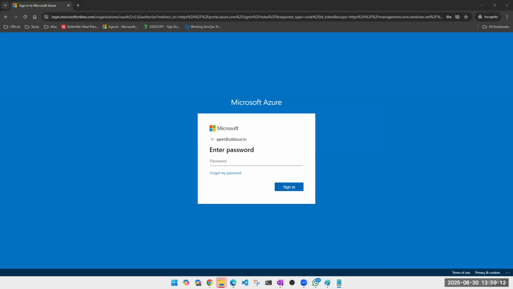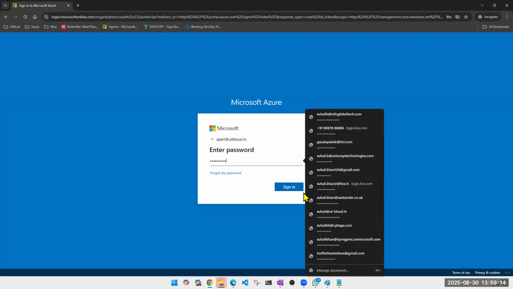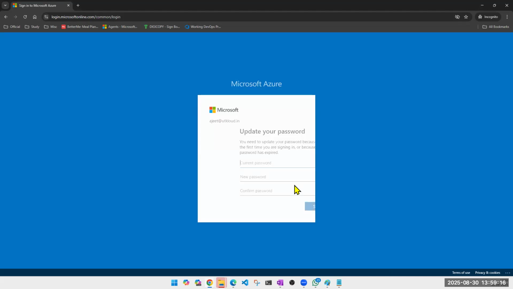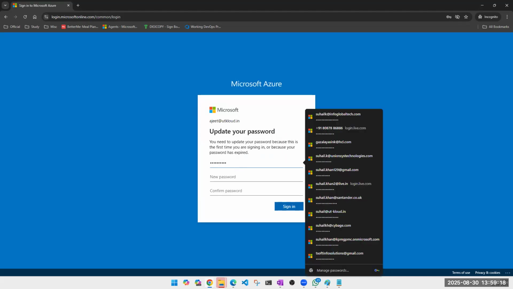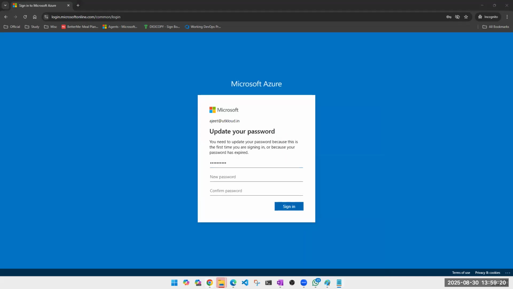I click next. It is asking for a password. I guess it will ask me for multi-factor authentication also. I hope it works. Just give me 1 minute. I'll have to set up another password.